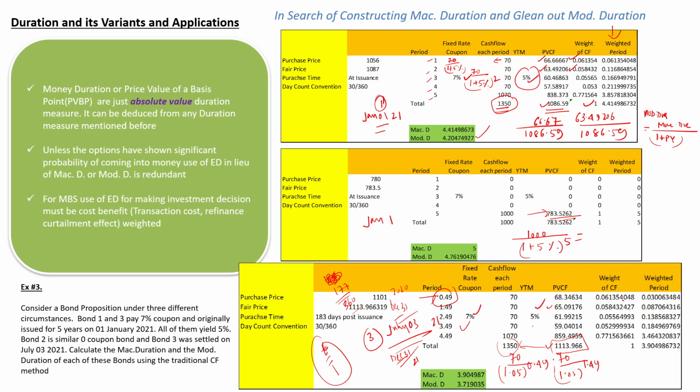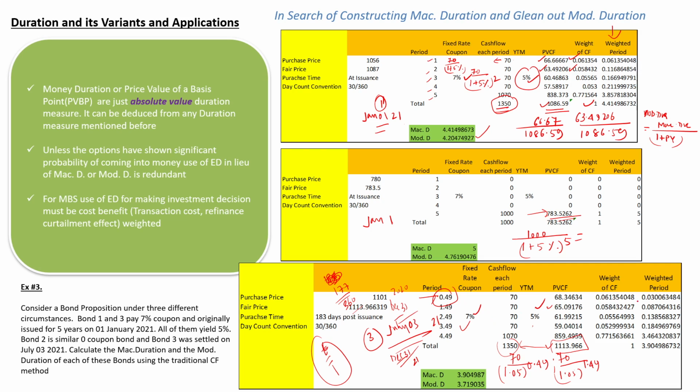And then we find out the weighted cash flows. The way we find out the weighted cash flows, you know that. How do we do it? We simply take out the weighted period out here. So when we take out the weighted period, which is the weighted cash flow multiplied by the period, so this